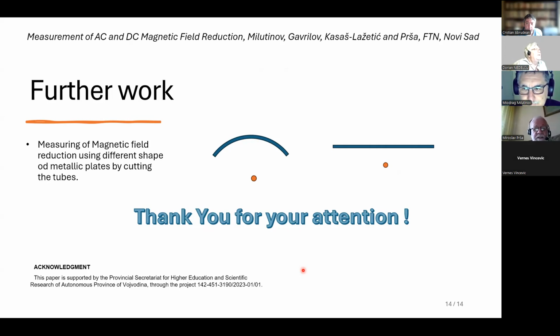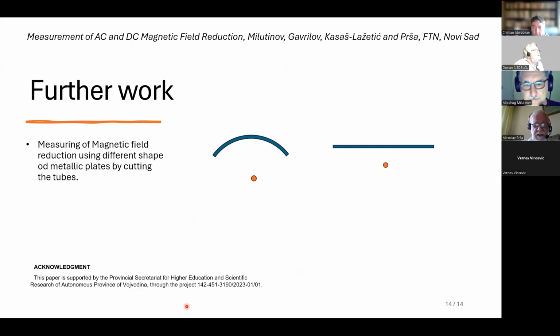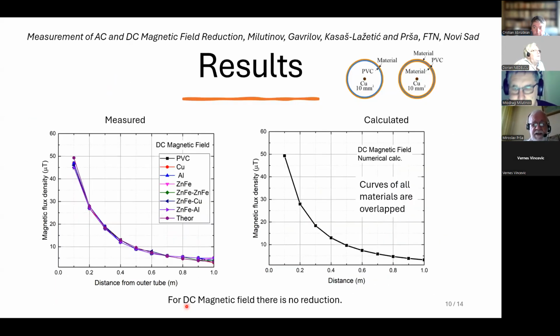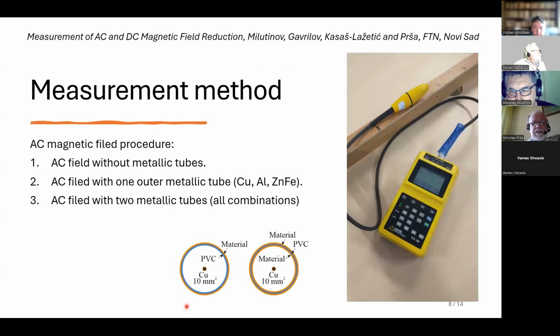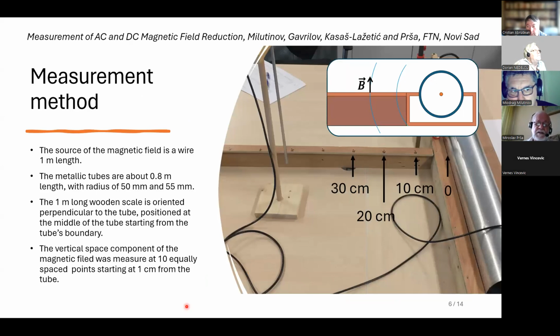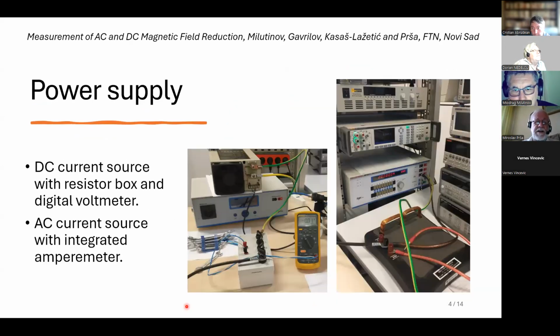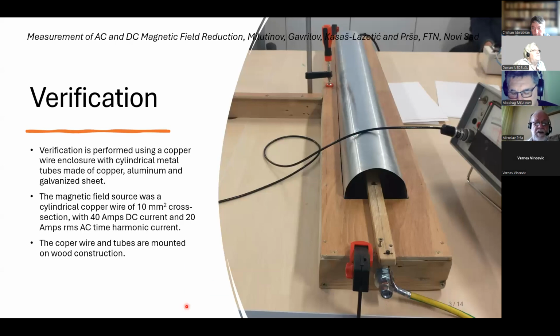I don't have any question, but I would like to put a comment on this. According to the first diagrams Professor Milutinov showed in this presentation, there is no influence of any shielding material or shielding thickness on DC magnetic field reduction. Nowadays we have more and more DC magnetic field. We have time constant magnetic field, and we have time varying DC magnetic field,